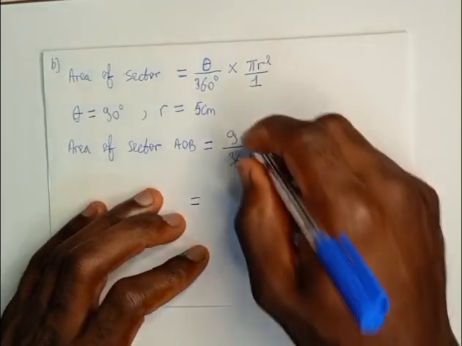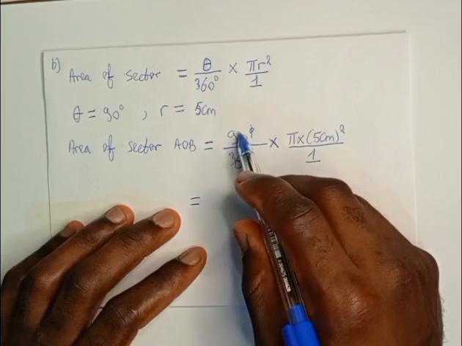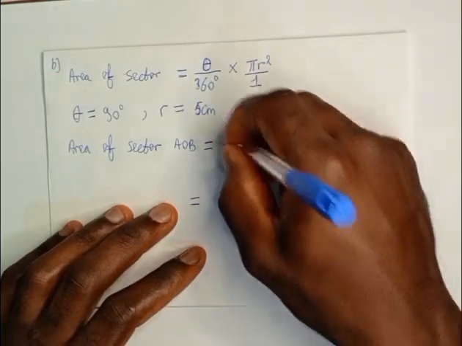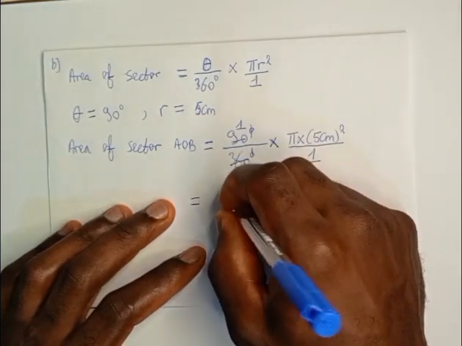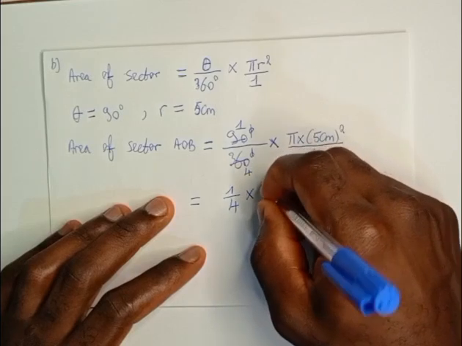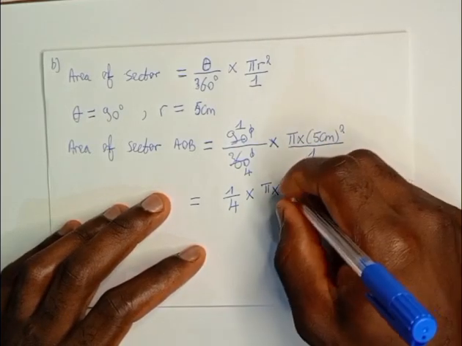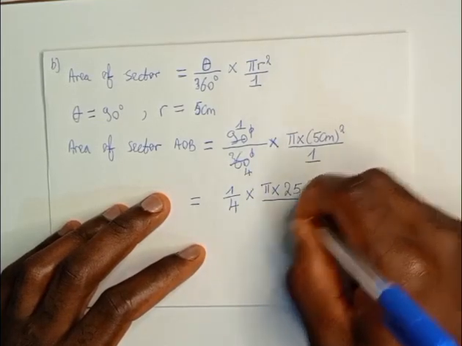This will be equal to, degrees will strike off degrees, 90 will go 1 time, 90 will go into 360 4 times. This will give us 1/4 times pi times 5 centimeters, all this squared gives us 25 centimeters squared all over